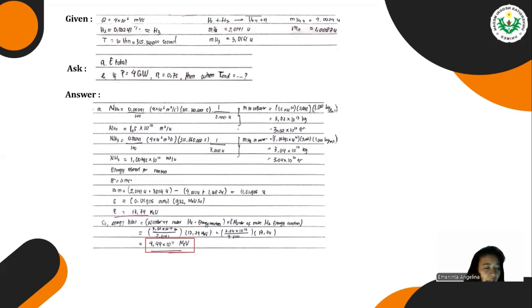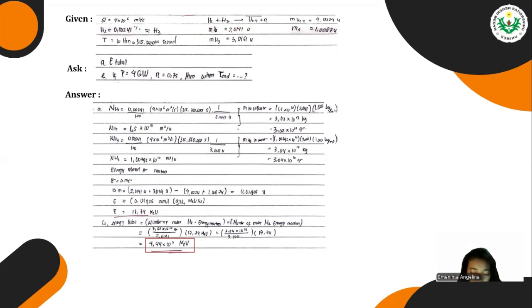And the answer is, the mass of H2 is equal to 0.00241 over 100 times 4 times 10 to the power of 6 meter cube per second times 350 billion 360,000 seconds times 1 over 2 times 2.0141 U,